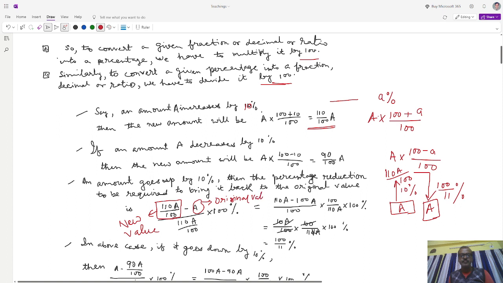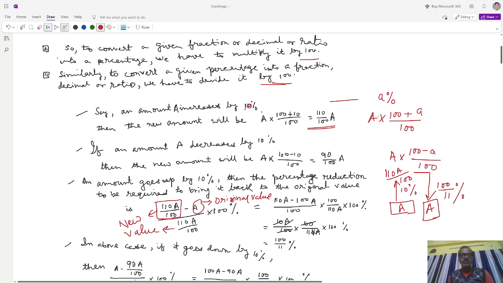Original value, right? Divided by new value, because the reduction is upon the new value. This is the ratio. The whole thing is the ratio. If we want to convert this ratio into percentage, then we have to multiply it by 100 and put the percentage symbol. Then it is equal to